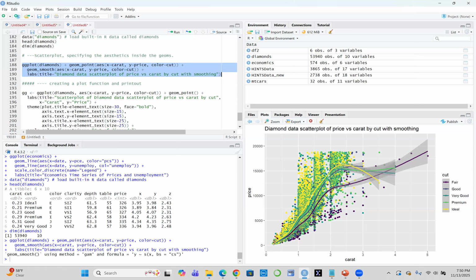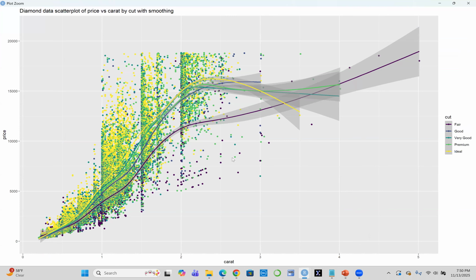Okay, so now we are able to observe this plot, let us look at it very well. So now it is giving us the relationship between price and carat, based on the color for cut, okay, which is fair, good, very good, premium, and then ideal, depending on the color. And then the smoothing allows us to understand whether it's linear or non-linear, okay? So you can see that the yellow color, which represents the ideal cut, is very